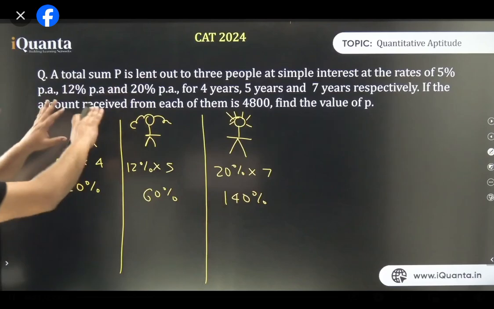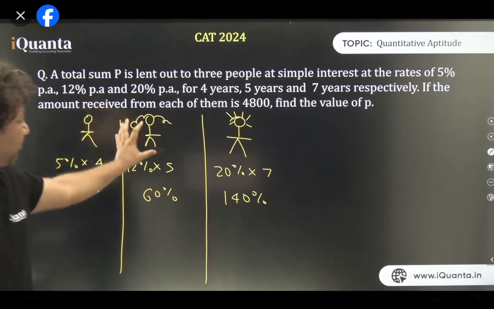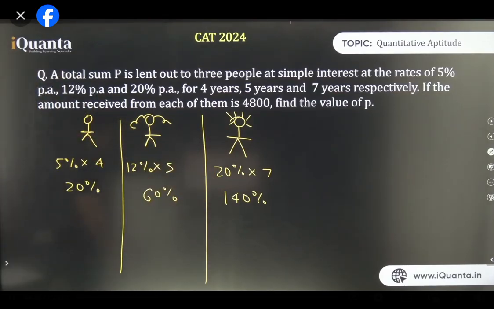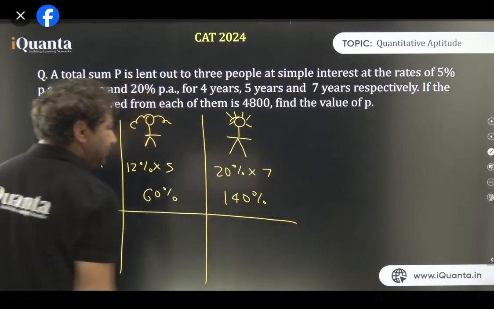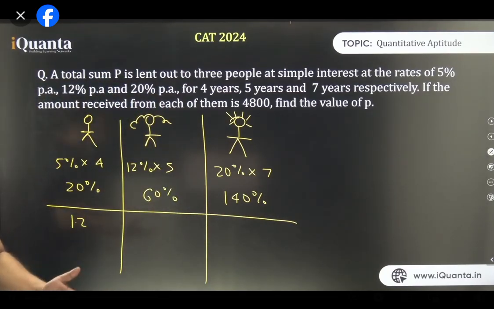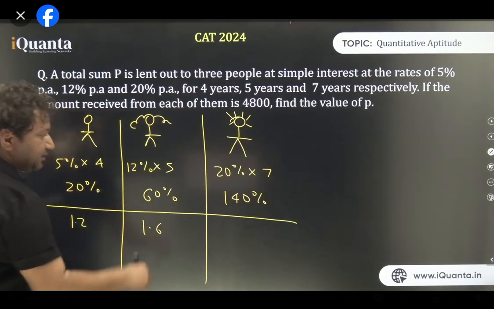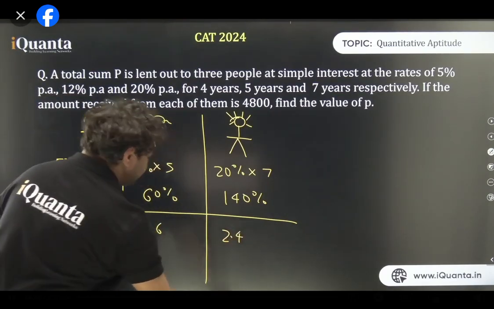Is that simple? So now I have made this. You don't have to write it in the exam. This is for you to understand. This guy got 20% more. This guy got 60% more. This guy got 140% more. So in the previous session, I'm sure, if something is increased by 20%, the multiplying factor becomes 1.2. Yes or no? 1 plus 0.2. 20% is 0.2. Is that clear to all of you? 60% increase here becomes 1.6. 140% increase here becomes 2.4. Right?